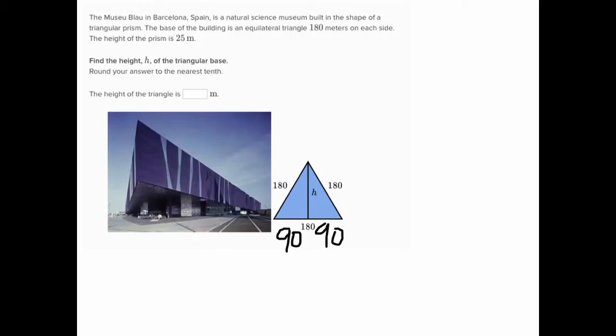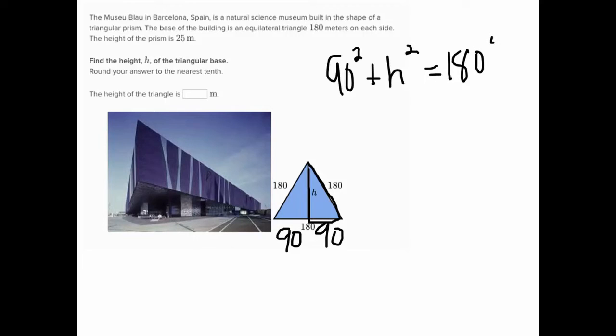Now, if I want to find the value of h, I can just use the Pythagorean theorem. h is going to be one of my legs of my triangle. Let's say I'm just finding this one. So I'm going to have 90 squared plus h squared equals 180 squared. 90 squared is 8,100 plus h squared equals 180 squared is